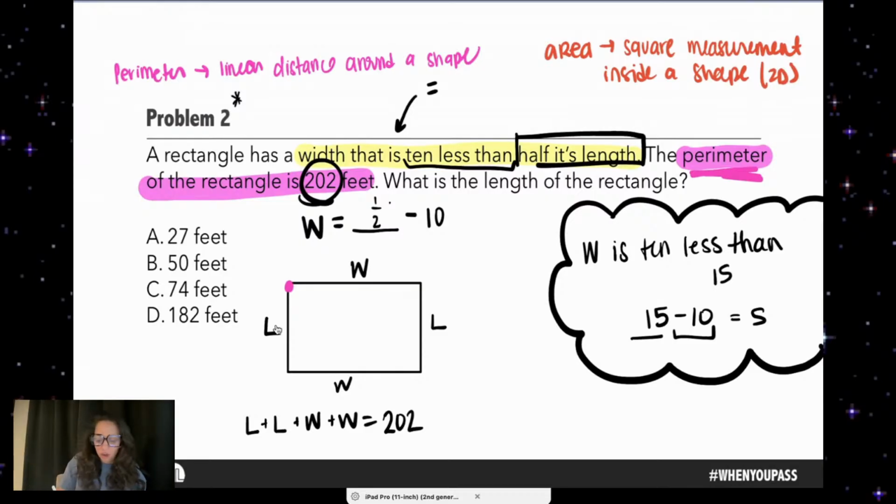And I know that W is the same as, that equal sign means is the same as, W is the same as 1/2 L minus 10, which means I can replace my W's with that phrasing. And what that's going to do is it's going to allow me to operate with only one variable. So I have L plus L plus 1/2 L minus 10 plus 1/2 L minus 10